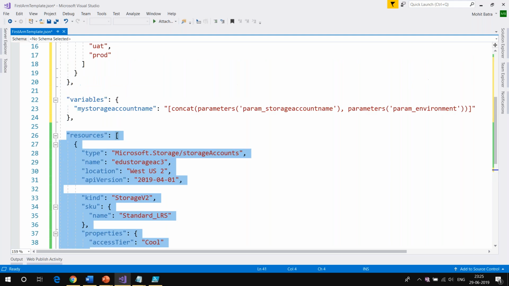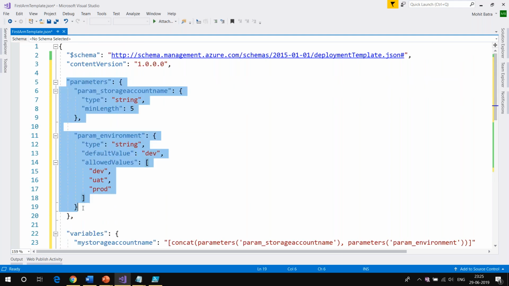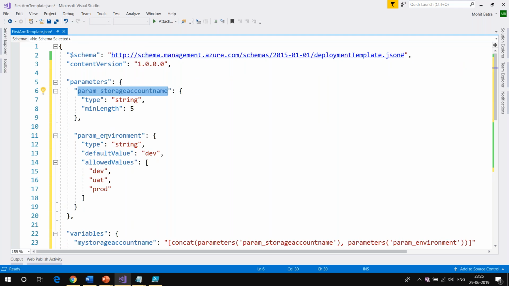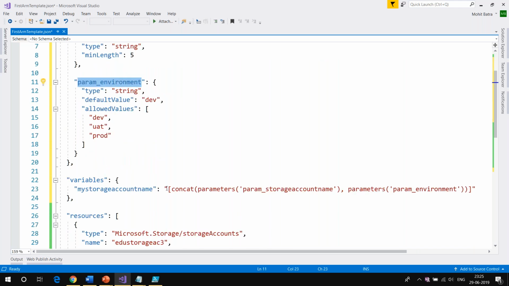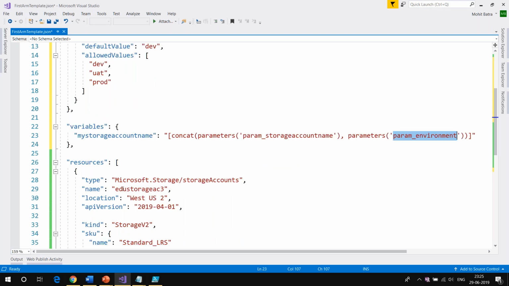Now you take parameters externally and provide the name externally. You can provide the environment, whether it's production, UAT, or dev. After you get this, you concatenate the value of both of them, which is the account name plus the environment name.